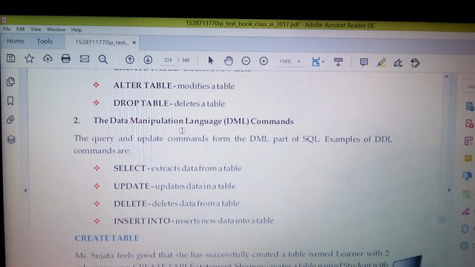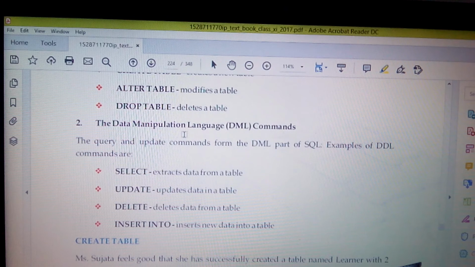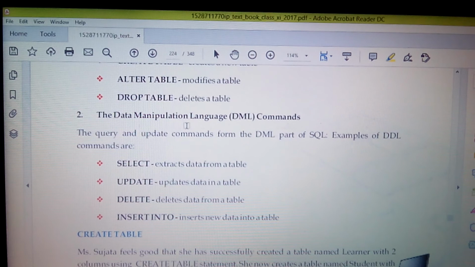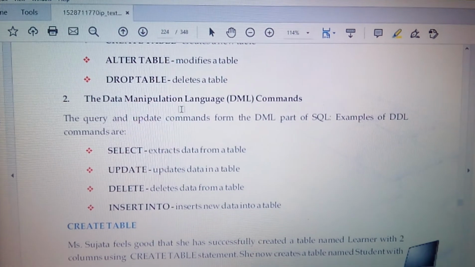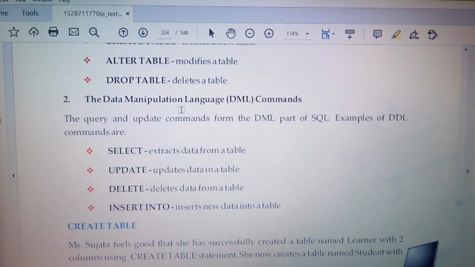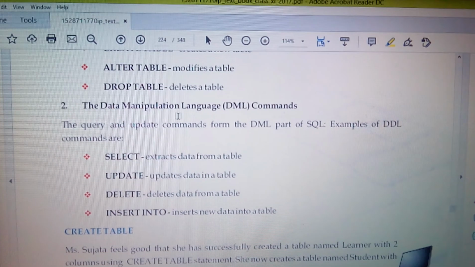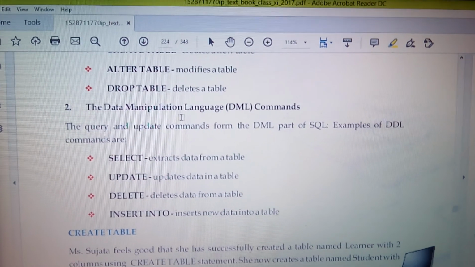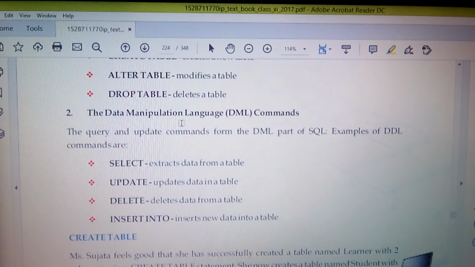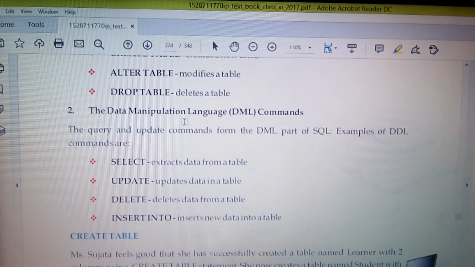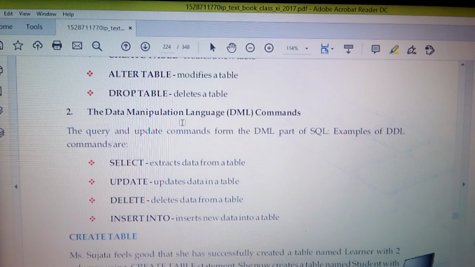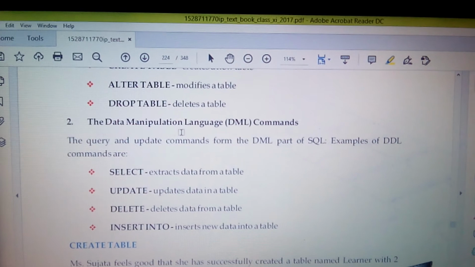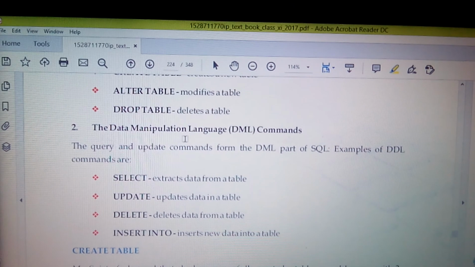Fourth one is transaction control language command. This is important. Transaction is what? Simply one unit of work which is complete in itself. So under this transaction control language command, again we have certain SQL statements. The very first is start transaction. Start transaction tells you that our transaction is being started. Second one is save point. Third one is rollback. Fourth one is commit. And last is set auto commit.